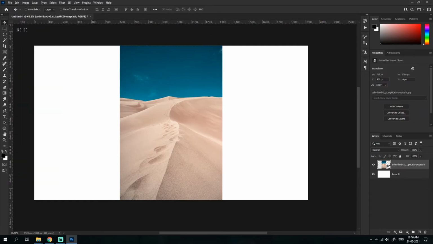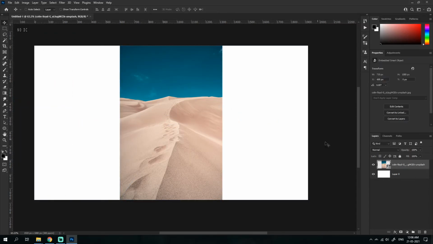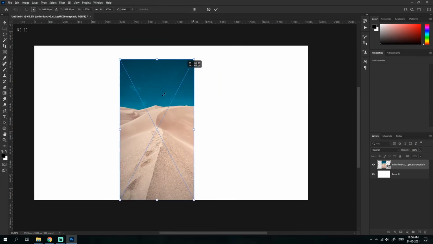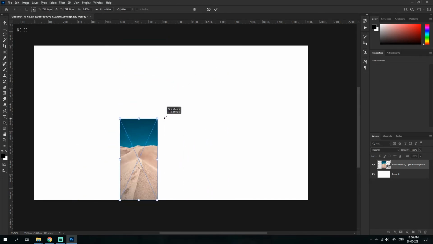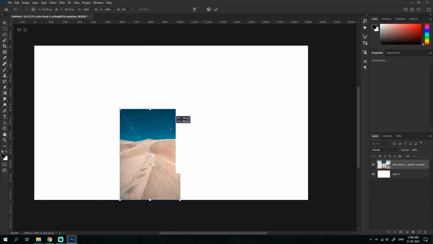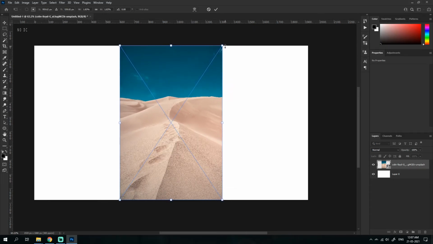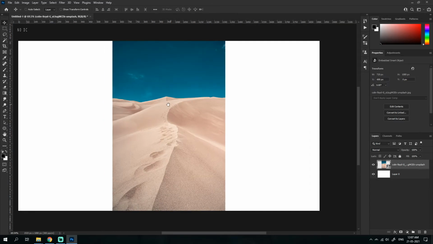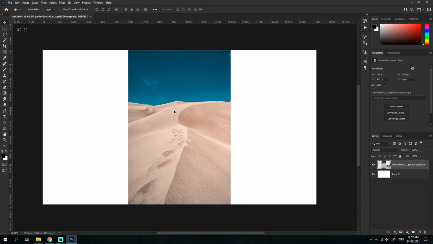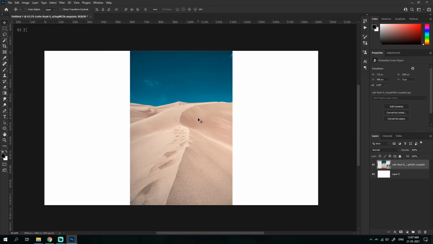Okay, about Ctrl T. So Ctrl T, or you could just go here and click on free transform. And with Ctrl T, for me, if I just drag it down, it doesn't scale equally. But for you guys, if you do this, it will actually be like this. If you are not using the older controls, I would suggest not using it, because I think Photoshop will discontinue it in future. I just use it to get the familiar feeling which I'm used to, but I think you shouldn't do that, because in future they might remove it.